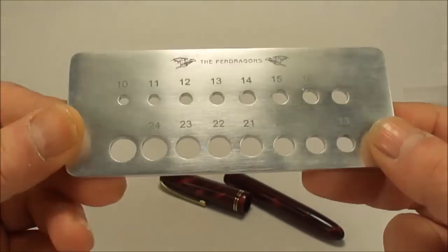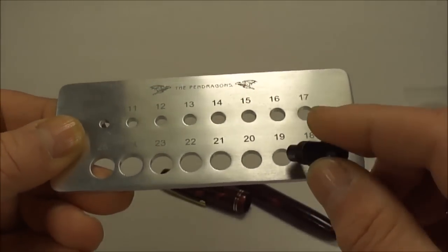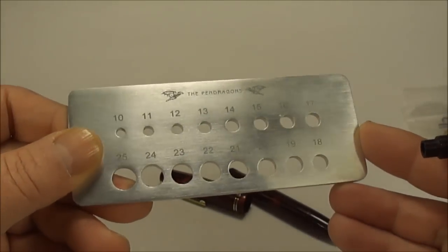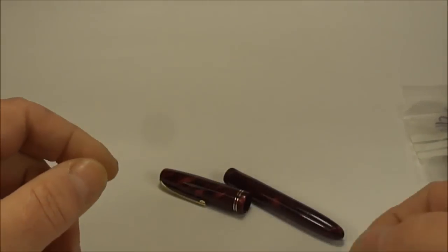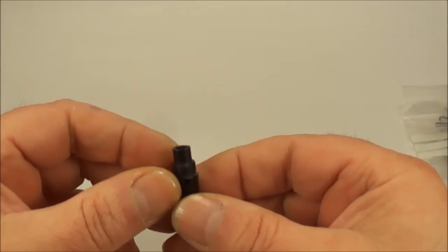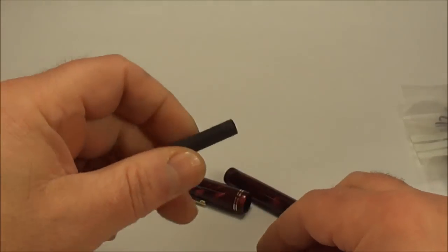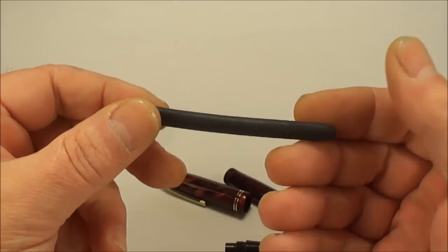You don't need to measure, you simply, as we've just done, pop the section into one of the holes, and that will very simply indicate to you which size you actually need. So if we pop that to one side there, in this particular case it's indicating that we need a size 18. So what I'll do is reach across once again into my little case, and here we have a number 18